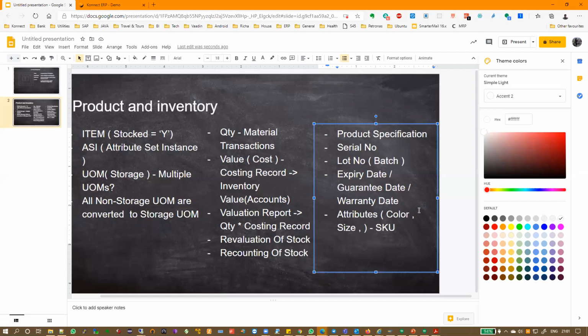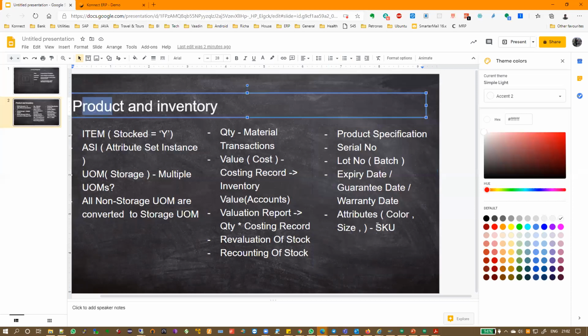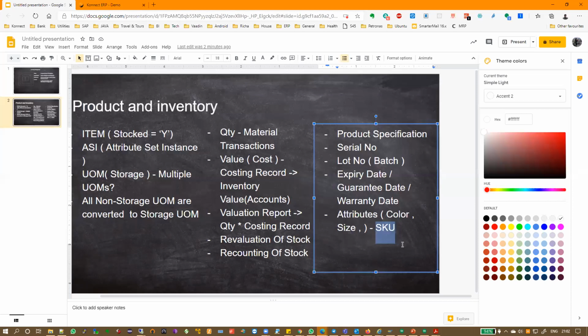But that variant will have 10 colors, right? But all the 10 colors will have the same model name, correct? So when I go to inventory, I need to see how many white, how many black, how many silver, how many sport red, etc. But overall, I also want to see how many total Etios I have in my garage, right? So here the model Etios JD, that model is the product, but the stock keeping unit is actually at the color level.